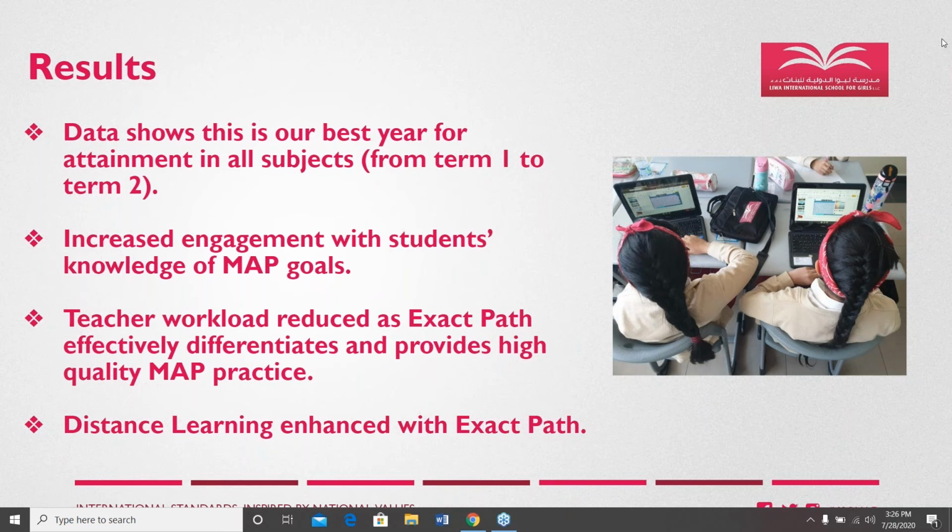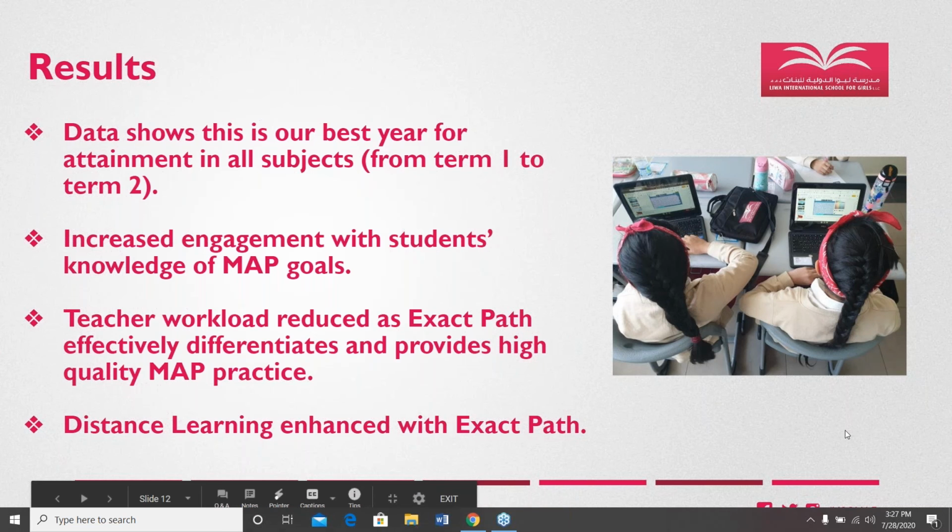And then, yes, we bought into Edmentum way before this. Way before we knew COVID was going to happen. But thankfully, with COVID, Exact Path has been a real good part of our distance learning journey. Each week, when we sent out a weekly overview to parents, Exact Path was always integrated into the weekly learning. We know that children can do this at home independently without much support from a parent and get on with their skills, with their math skills. So that's been a real good benefit to us as a school when children were distance learning and not coming into school at all.